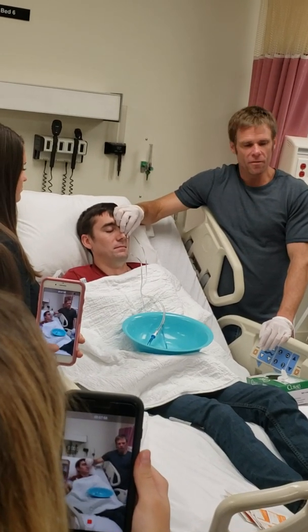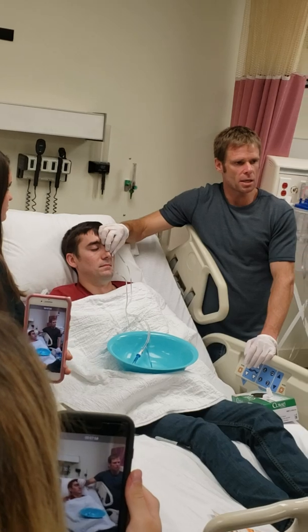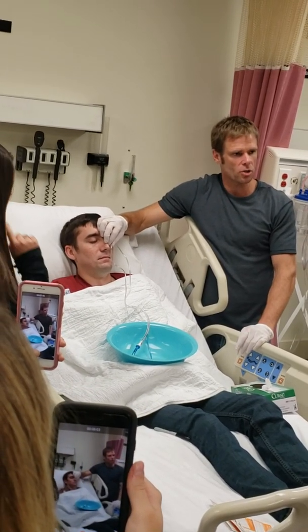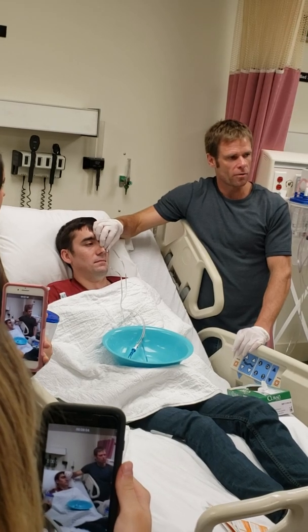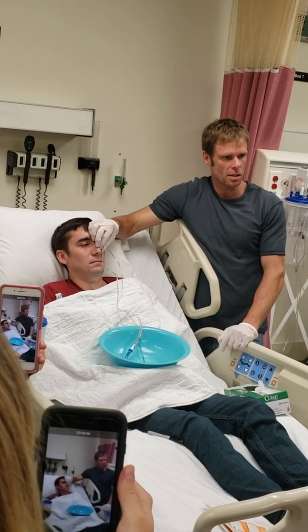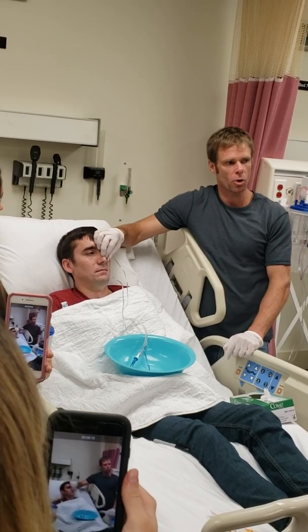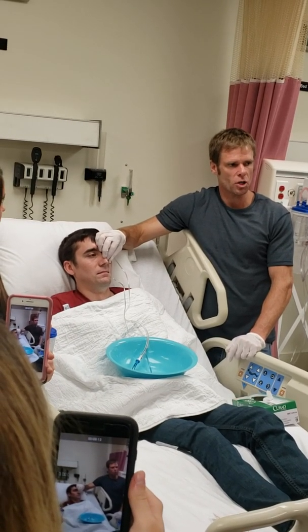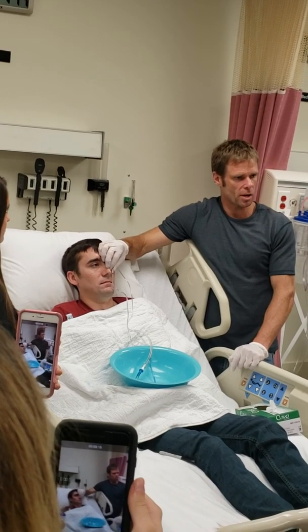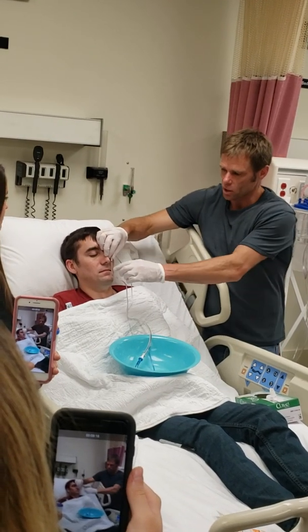If I'm going to decompress, do I need to get the X-ray first? The textbook's answer is yes. The logical answer is what? He feels like he's going to vomit. He has an abdominal wound that if he vomits will dehisce, even if I have an abdominal binder on it or he's holding a pillow, because there's a lot of pressure when we vomit, right? So I'm going to wait 30 minutes for the portable chest X-ray guy to show up? No. You have gloves on. Can you hold the NG tube for me?